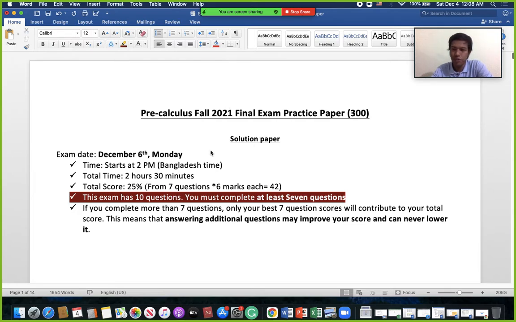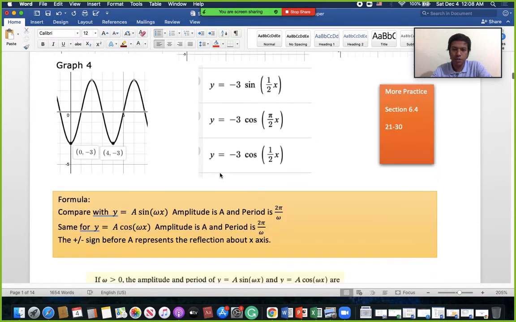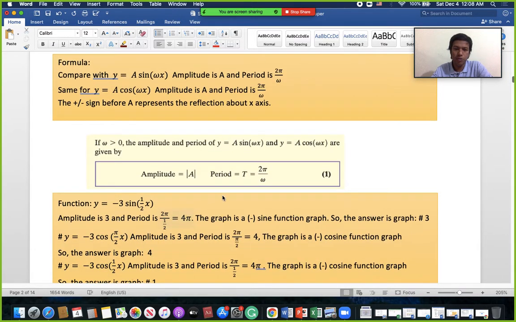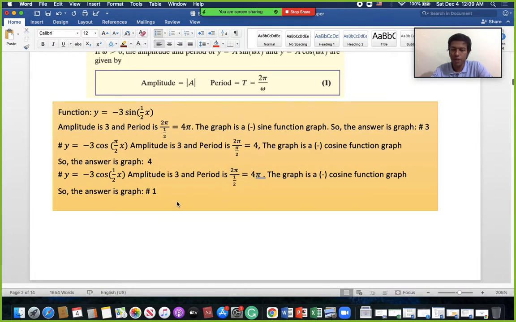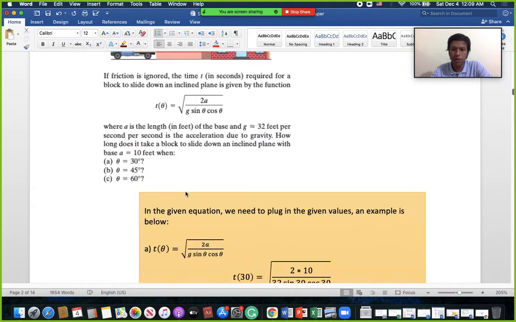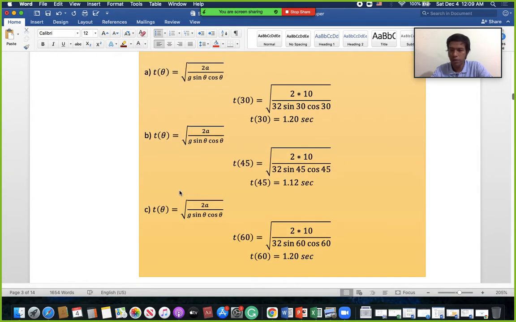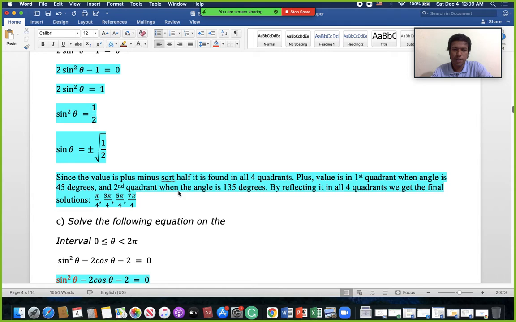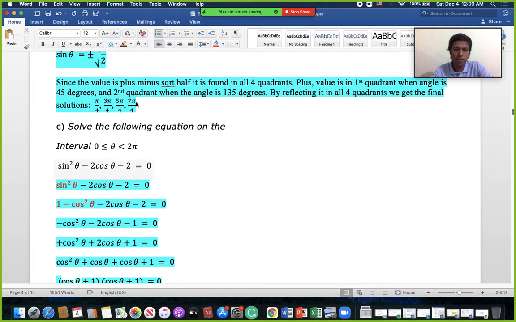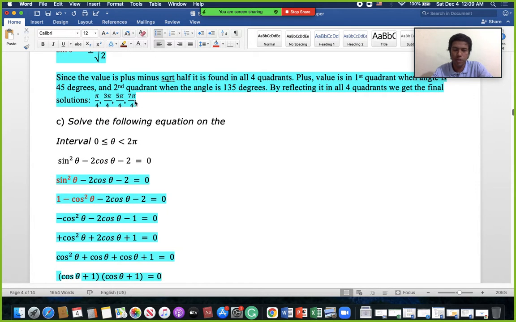In this solution paper, I think by now you have all solved the practice paper. This is the solution of the practice paper, and we have explanations with the solution, like how you get this answer and that answer. So you can have a look at the explanations also if necessary. For all the questions we have a couple of words at least. This is the final line.